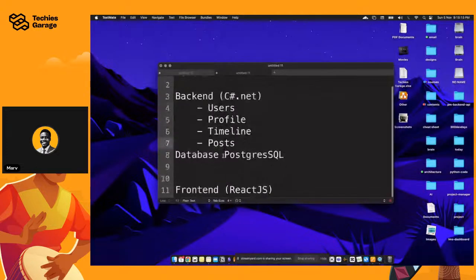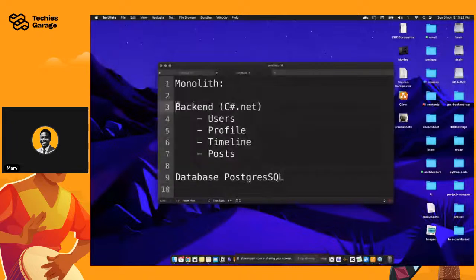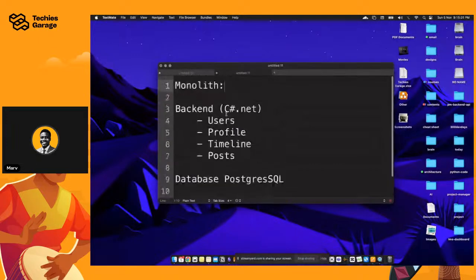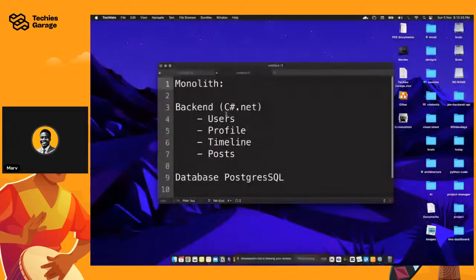And they all communicate with a single DB, right? This is, of course, fine, right? There's nothing wrong with building monolithic applications. As a matter of fact, it's great depending on the use case. Okay, so we have use cases where microservices would excel, right? But this is fine, right?